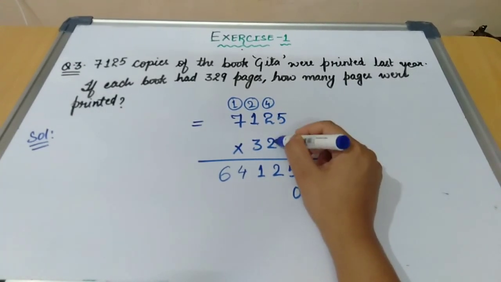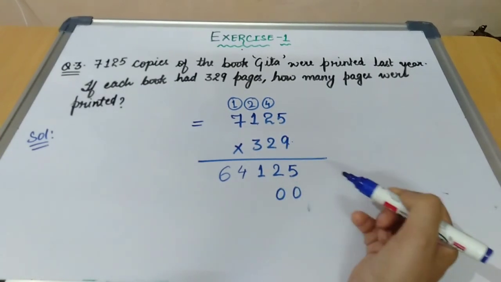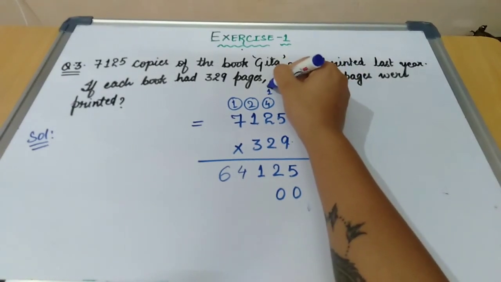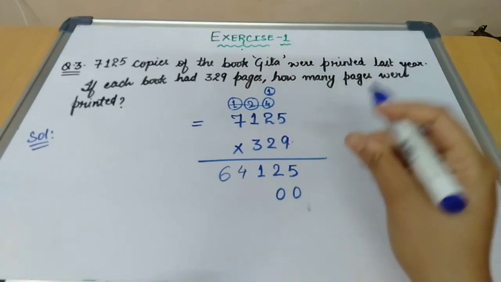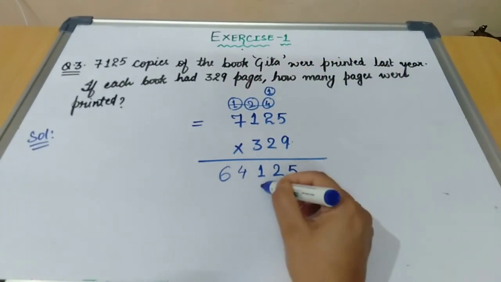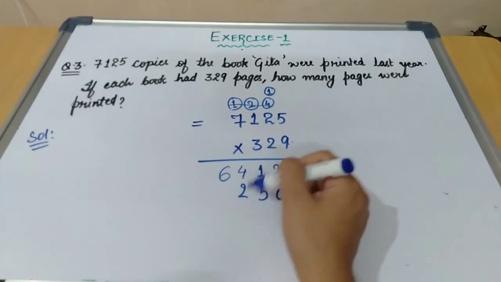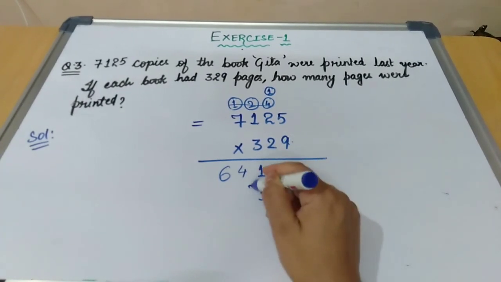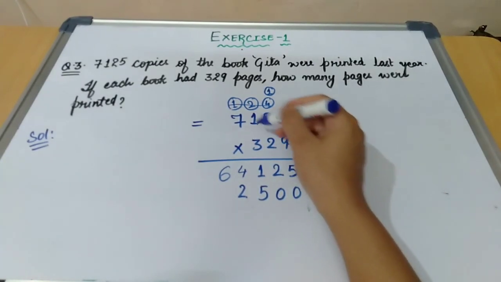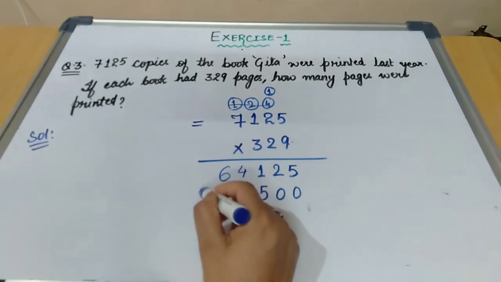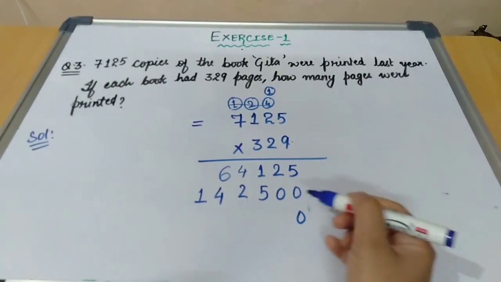Now multiply. 2 5s are how much? 10. You will write 0 over here and 1 will be taken as carry. Now don't add these carries, you can cancel these carries and you will start adding this. 2 2s are 4, plus 1, 5. So you will write 5 over here. 2 1s are 2. You will write under the numbers. Don't write it over here, you will get confused while adding, so write under the numbers. 2 7s are 14. So you will write 14 over here. Now you can put a 0 or you can put a cross.